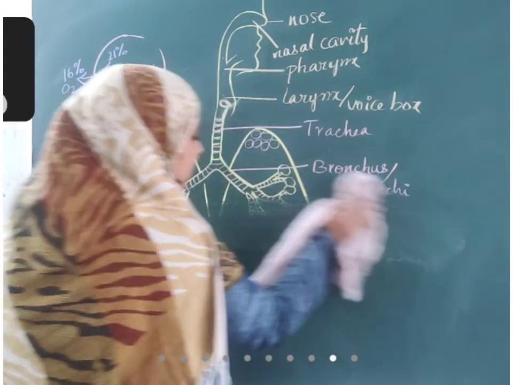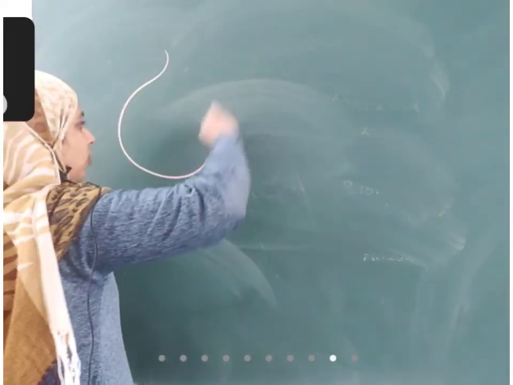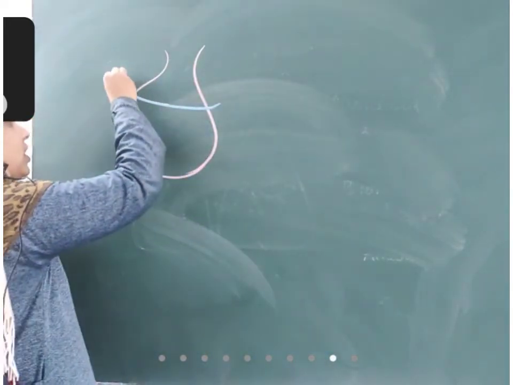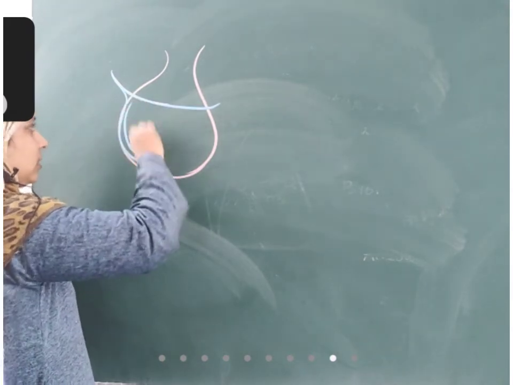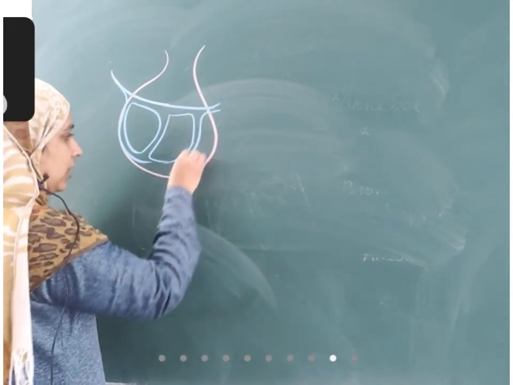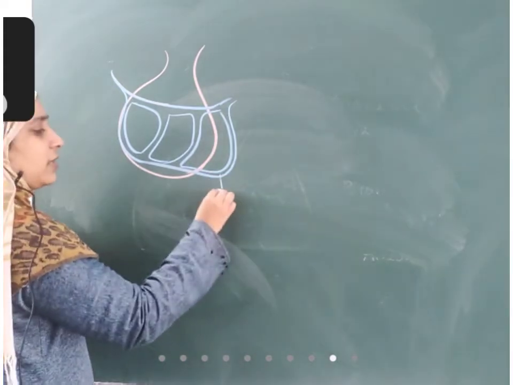What happens to the oxygen and carbon dioxide that enters? Each and every organ of our body is supplied with blood vessels. Similarly, the alveoli of the lungs also have a network of blood vessels over them. There is a network of blood vessels on each and every alveolus. Like this. If you take a bunch of alveoli, so these are blood vessels.